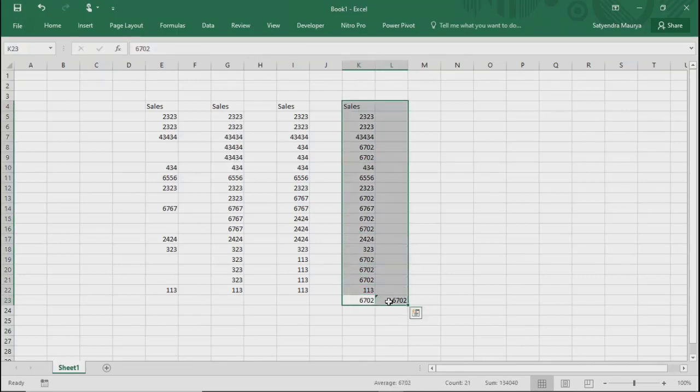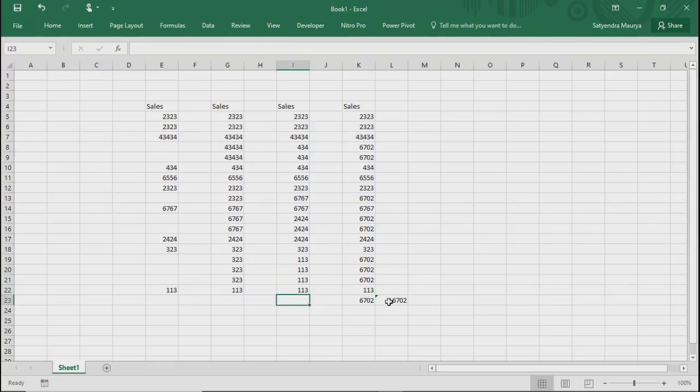I'm not sure why Power BI has not given that, but this is the most used technique, and fill down and fill up are what they have over here.